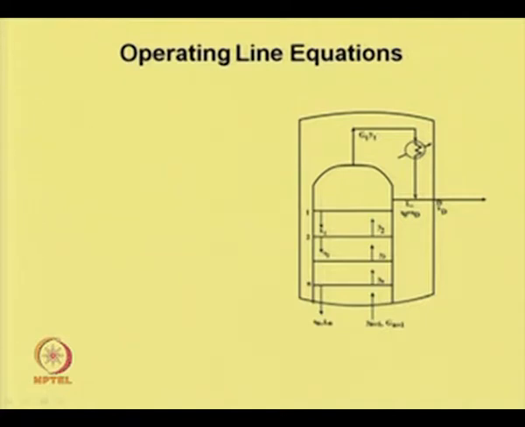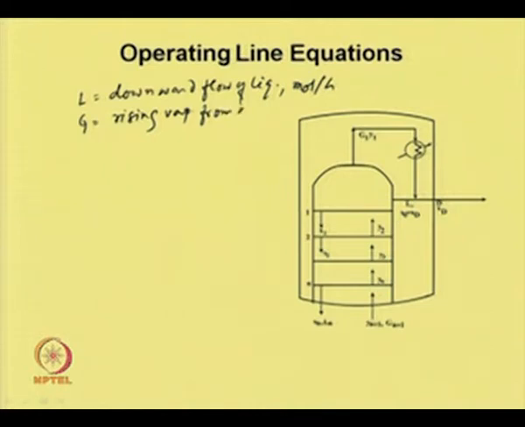Let L be the downward flow of liquid, mole per hour, and G is the rising vapor from each tray